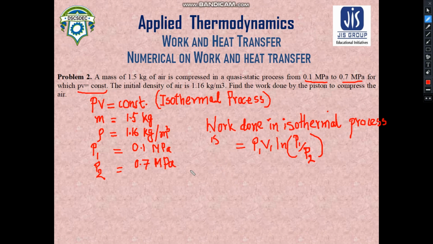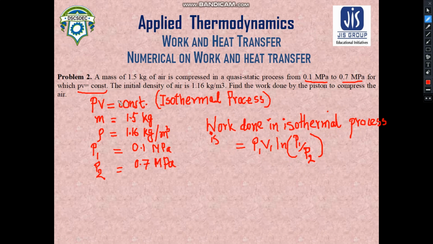Okay, as you can see, this is obviously an isothermal process, and by virtue of the class I had taken previously, which we discussed in the previous lectures, the work done in the isothermal process can be calculated by this formula. P1 refers to the initial pressure, V1 refers to the initial volume, and this is the ratio of initial and final pressure. So now you have to remember that the formula we are using here is the work done in isothermal process for the